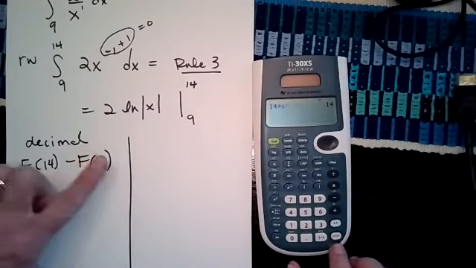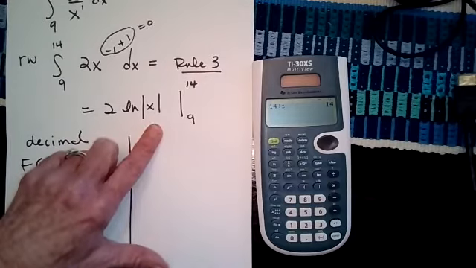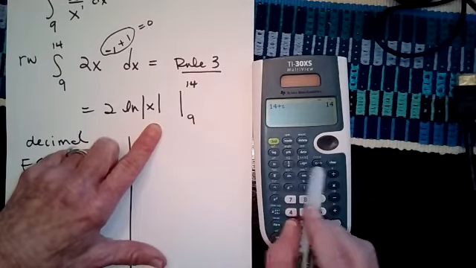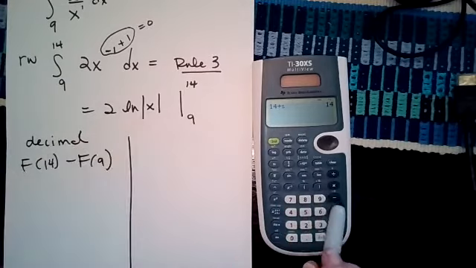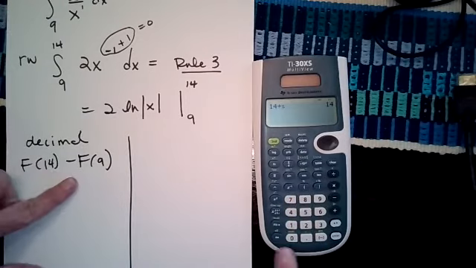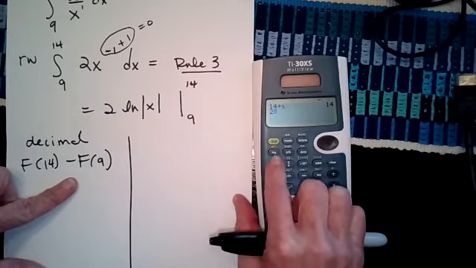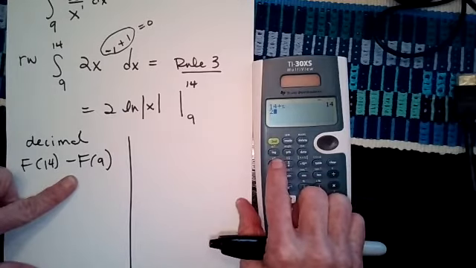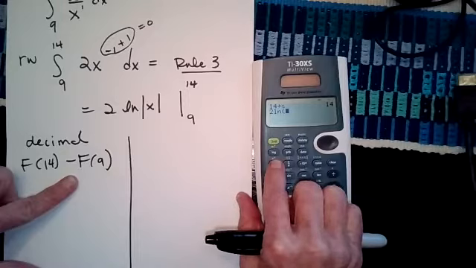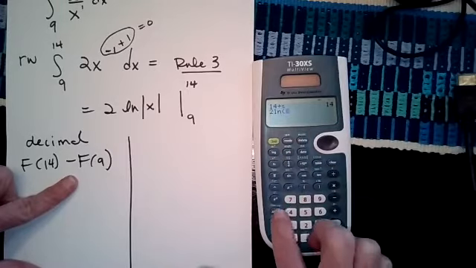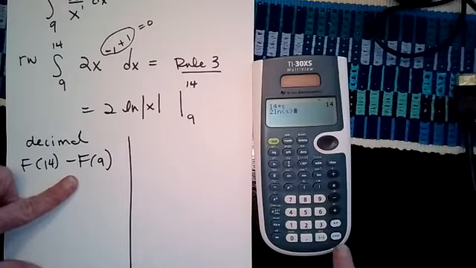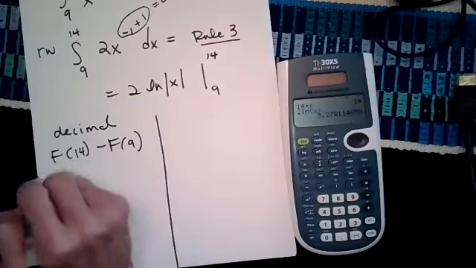Okay, and then I'm going to type in 2 ln of x. But no, the calculator doesn't have an absolute value bar. It just has a parenthesis, which is absolutely fine. So it's 2, and then the ln is just the third down from the left. There's a log, make sure you use the ln. The ln, they open up the parenthesis, so you put your x in and close the parenthesis. And you push enter, and that is